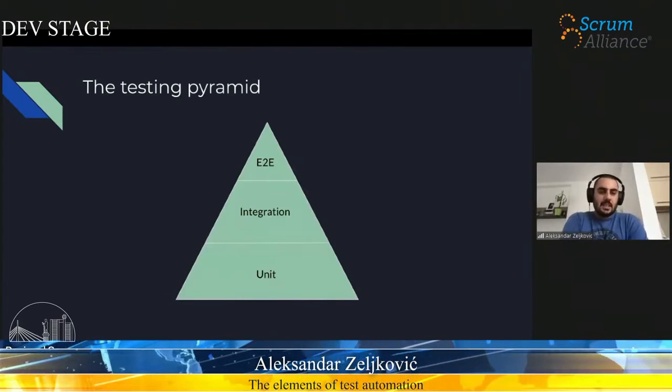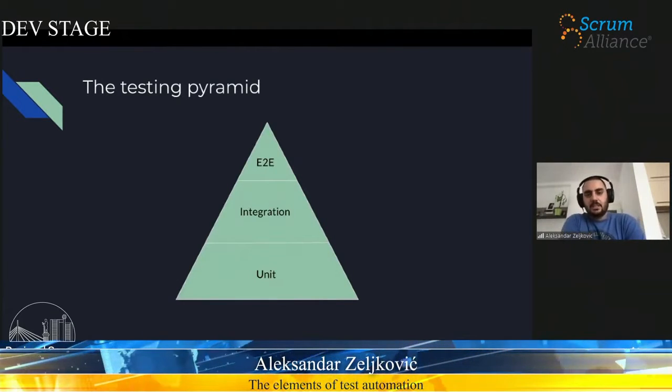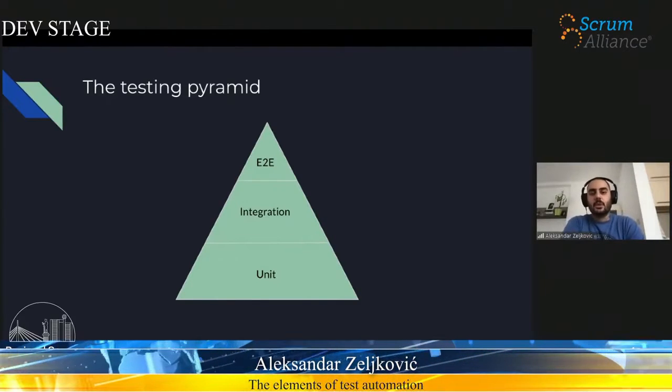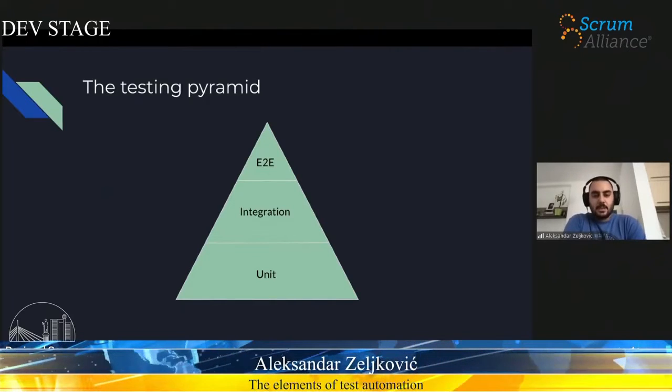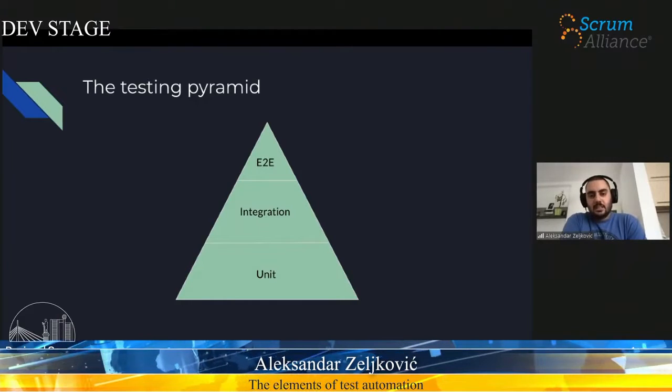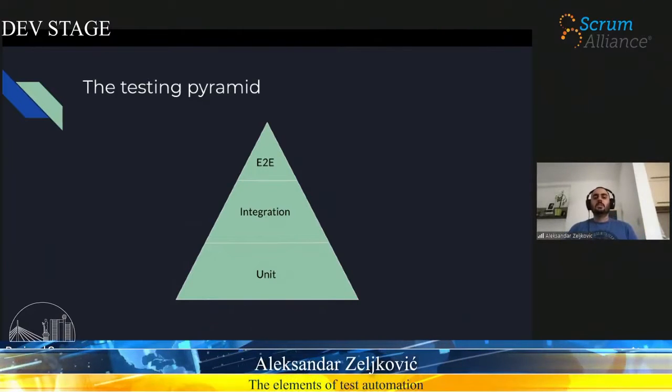Next, let's cover the model of the testing pyramid. Not perfect, but pretty simple and good for catching some basic concepts. As you can notice, the test pyramid has three layers: unit, integration, and end-to-end. What is important to notice here is that the volume of the unit part is the largest, the volume of the integration part is a bit smaller, and the volume of the end-to-end part is the smallest.